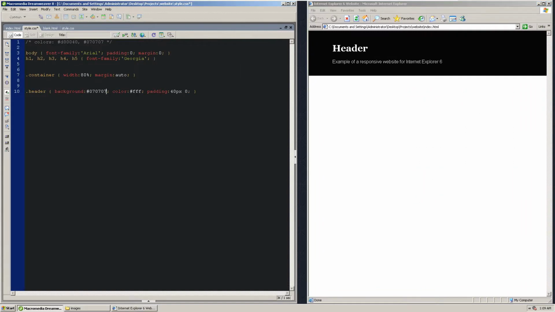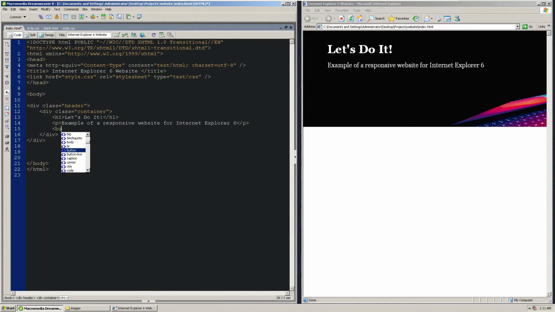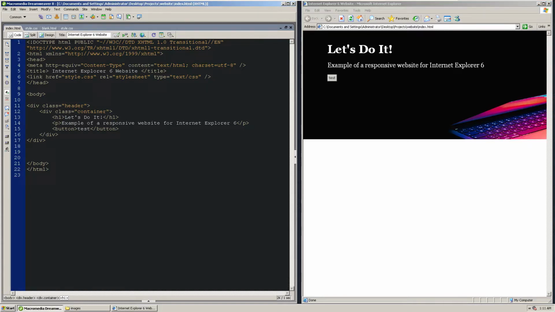Let's continue. Okay, so now we can add the background image that I have for the header. I'm going to style the content inside of that. Nothing special, just basic CSS. Now let's say I want to add a button. I'm curious if the button tag will work, because I used this tag maybe only after around 2015, but I believe it existed.